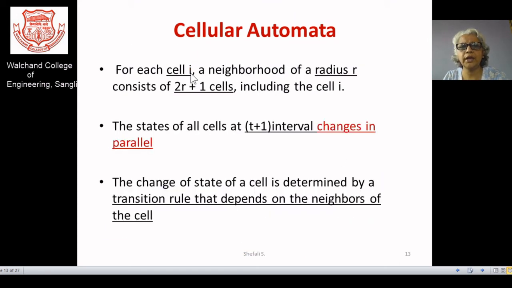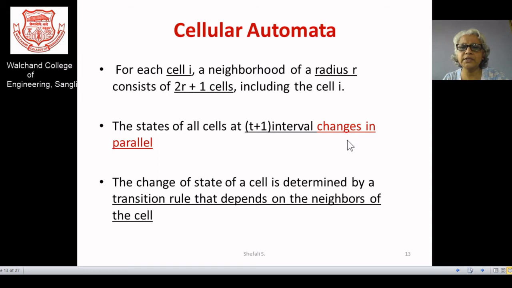So accordingly I would like to say that if any cell i is there, and if any radius for the movement is considered, then it will consist of 2r plus 1 cells. That means it is having some 8-connectedness, and those changes can be carried out in a parallel way. So in any parallel application also, even though the cellular automata moves in a discrete and sequential way, you need to have certain parallel application of this, because it can grow in any direction.